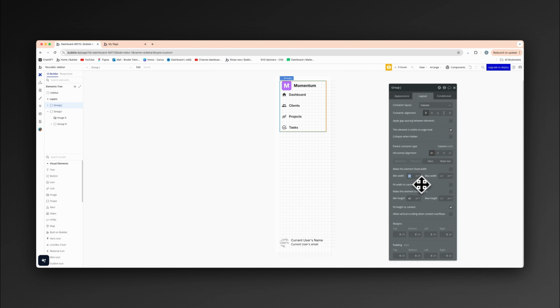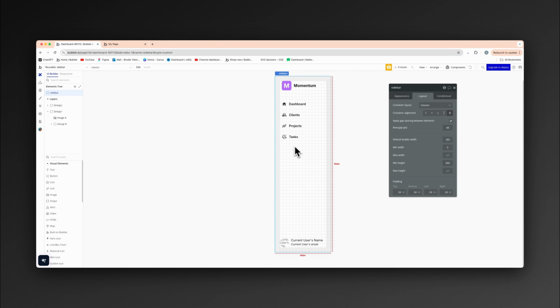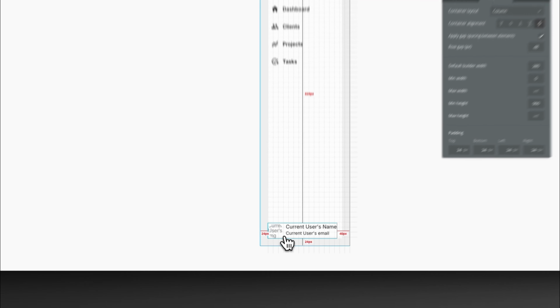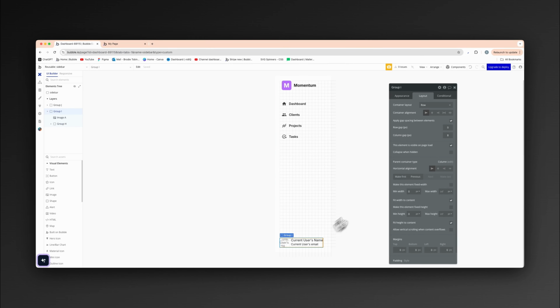No fit with the content, no min width, no min height. And we're going to apply some gap spacing again of 48, just like that. As you can see, it looks a bit better now. Now on this group itself, with the name and email, what I'm going to do here is